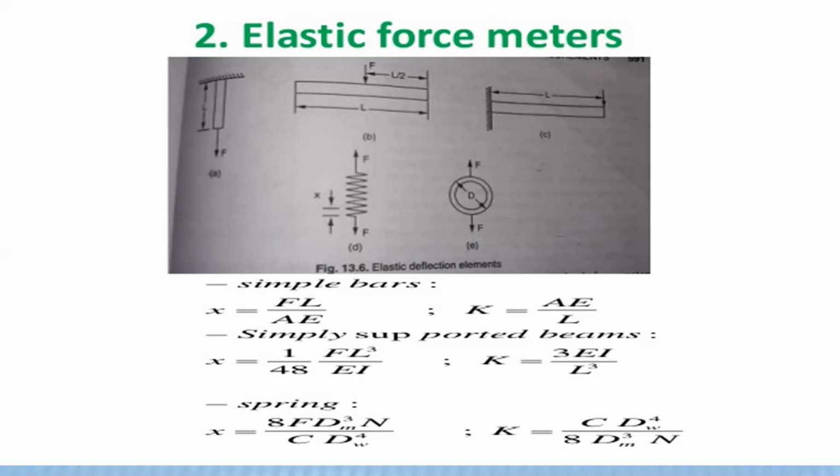So these elastic force meters measure the force by applying it to an elastic element and measuring the elastic deformation. How much weight we add determines how much deformation occurs. Within the elastic range of the material, the deflection of the element is exactly or nearly proportional to the force. You can see that in the figure.